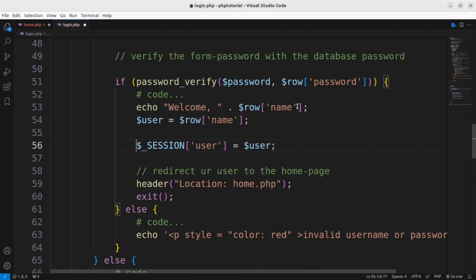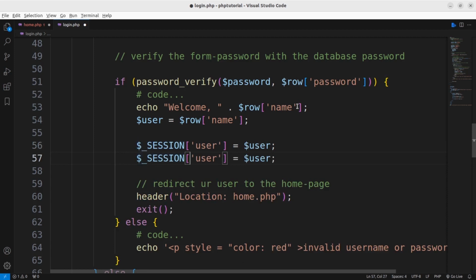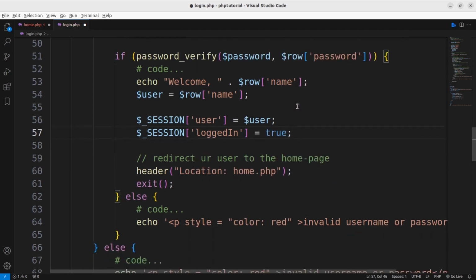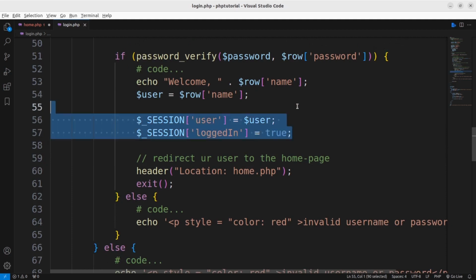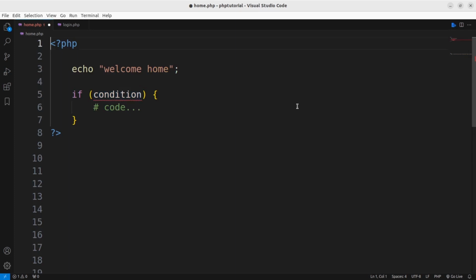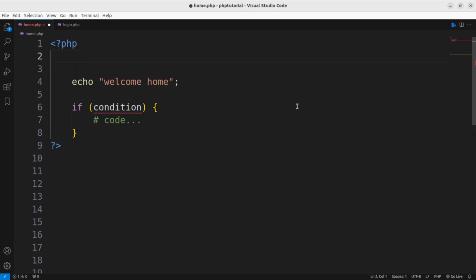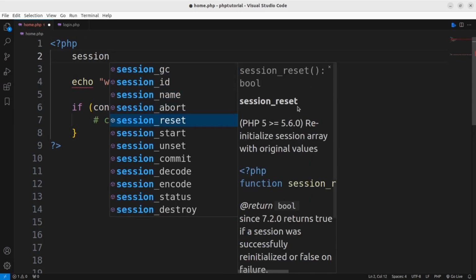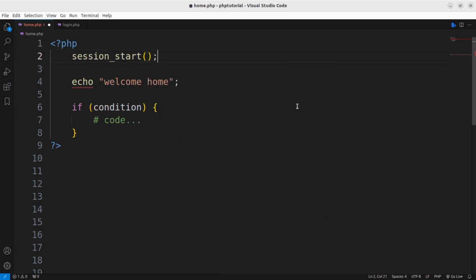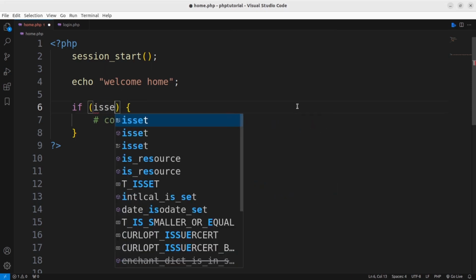And after that, let's make a copy. I'm gonna define another key here, say logged_in, and let's pass in a true value, and now let's hit save. Now to get these session variables in your home.php, you will also need to start the session here, say session_start followed by semicolon, and now you will need to verify here, say if isset, and the name